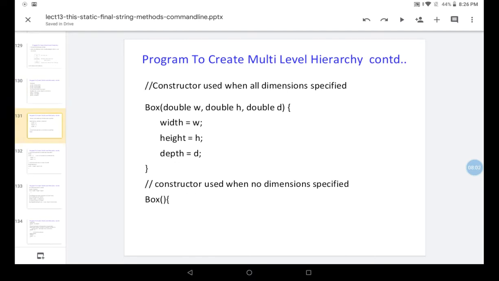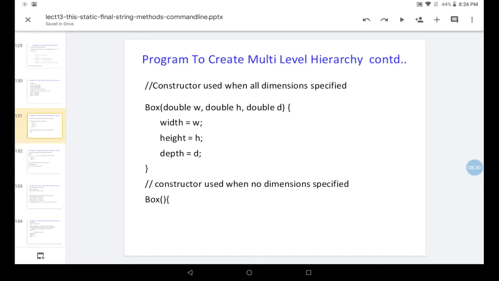Yeah, so another constructor is used when all dimensions are specified. Here we are passing three parameters to the constructor Box. It is a parameterized constructor, double w, double h, double d, and we are assigning these values to the instance variables width, height, depth respectively.